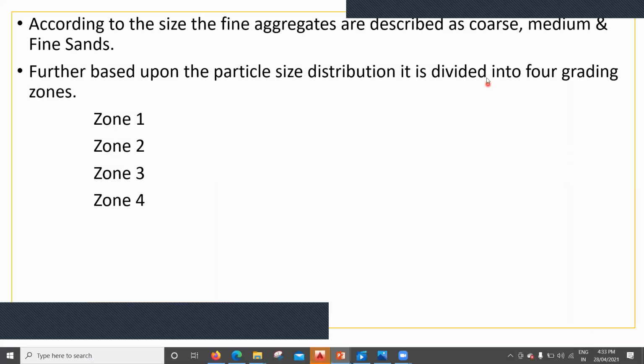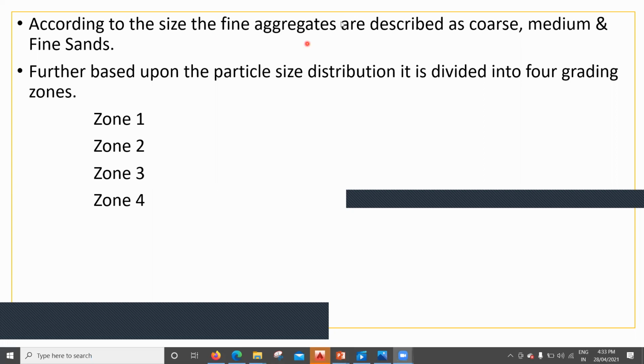Before that, we need to understand one more thing. According to the size of the fine aggregate, fine aggregates are described as coarse, medium, and fine sand. Further, the classification has been made as zone 1, zone 2, zone 3, and zone 4 fine aggregate. As of now, this much understanding is needed: fine aggregate is further classified into zone 1, zone 2, zone 3, and zone 4.